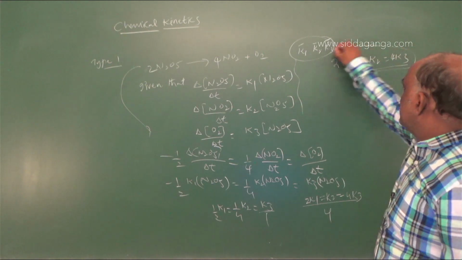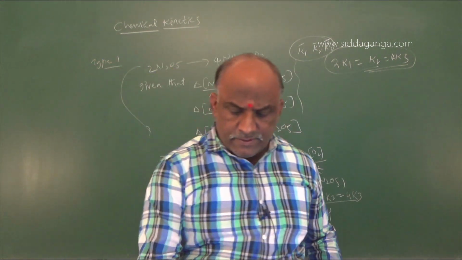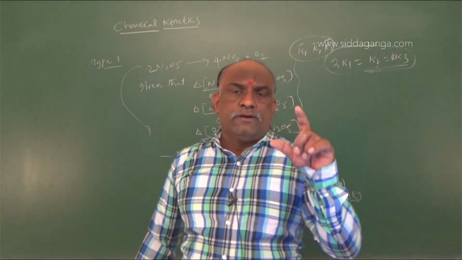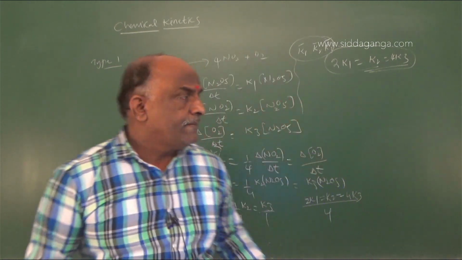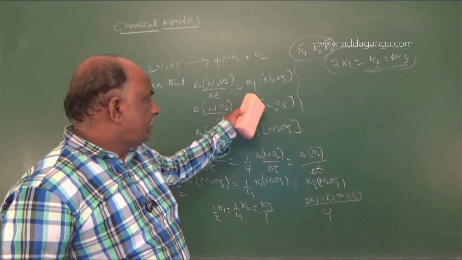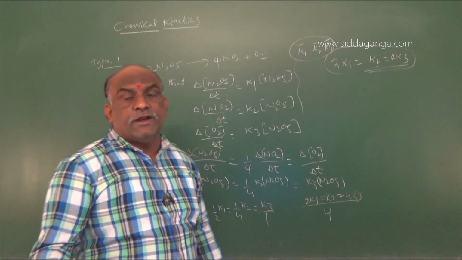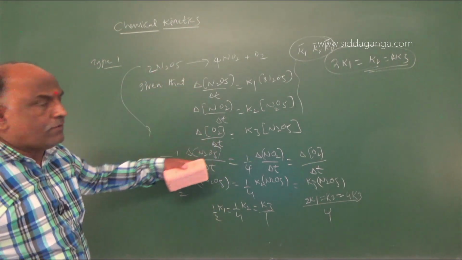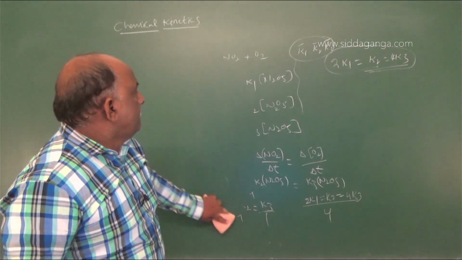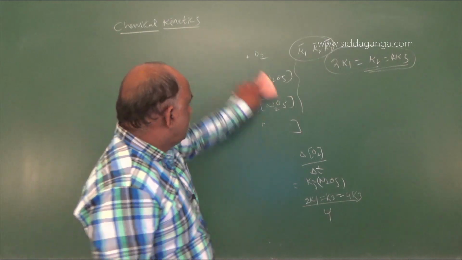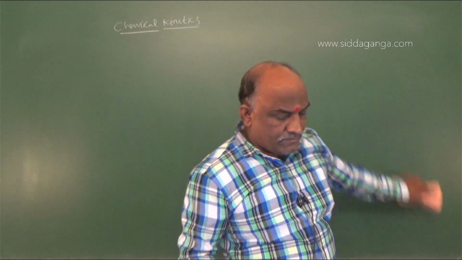So my dear students, practice this type of numericals also, very important from the entrance point of view, according to the relation of rate constants. We should go with this procedure, and you will find the answer. What will be the relation of K1, K2, K3 with respect to the rate of reaction? Some more general questions we expect from this one.